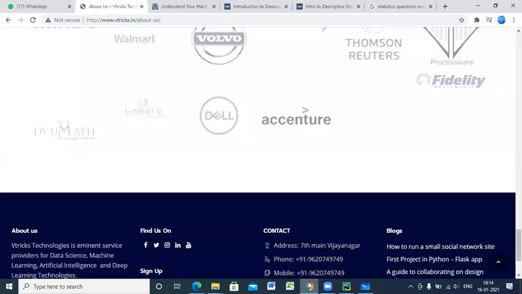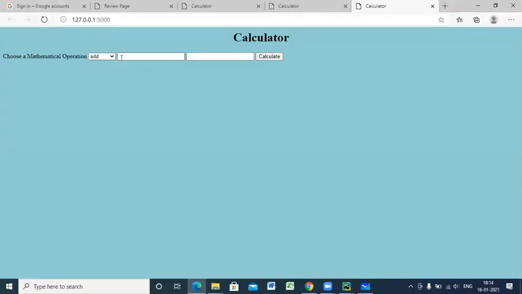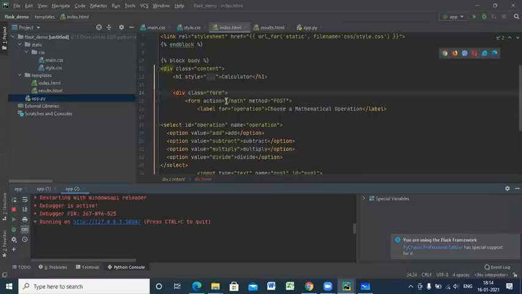Let me go to an example here. Okay, where is it? I'll just run the application. I click on this. You can see, I'll say calculate. When I press calculate, this is an action. Automatically the control will go back and say, this person has done some action and is looking for something called /math.